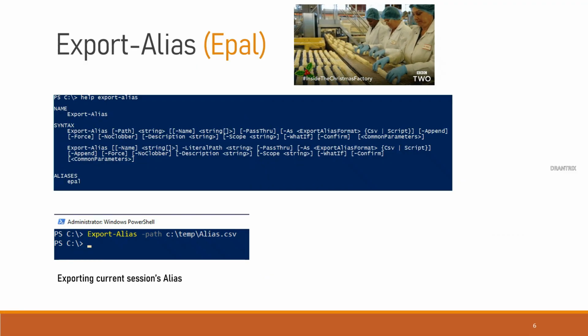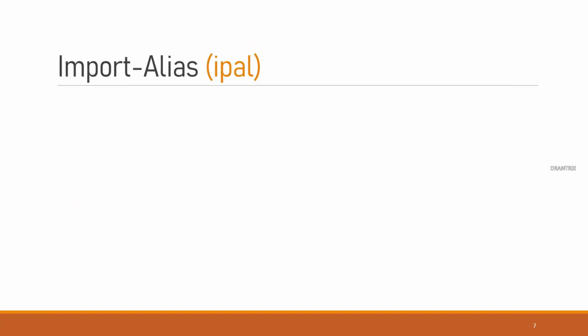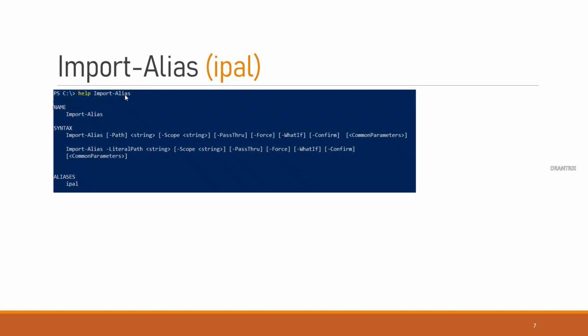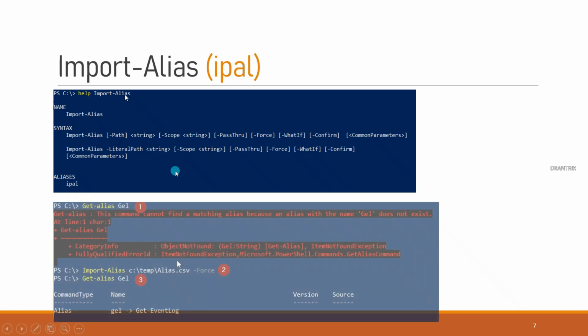Okay, now let's go to the next section, which is Import-Alias, ipal, whatever. So the usual thing, you'll go with help Import-Alias. You see the alias name here and the syntax here, so you understand the syntax. Then